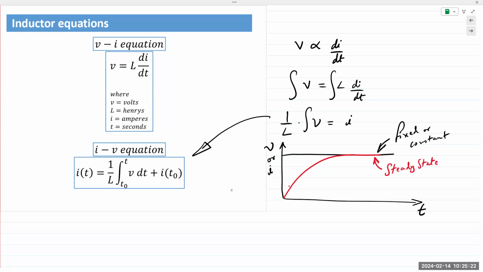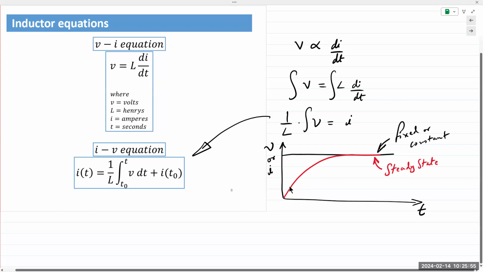Once the inductor receives all possible energy, it reaches a state where that doesn't change anymore. And that level is known as steady state, which is there in the next slide. So if you apply a current, after some point in time it is going to reach a steady state. Now, if you want to find the voltage from this applied current, we simply use this equation, V equals L di over dt. But now if you want to find current, if you are given the voltage, you simply integrate,